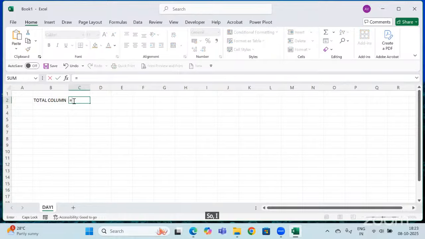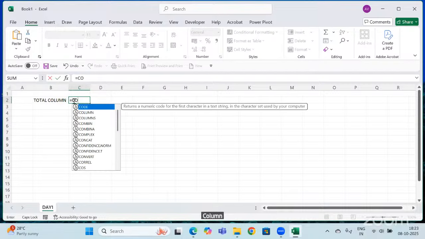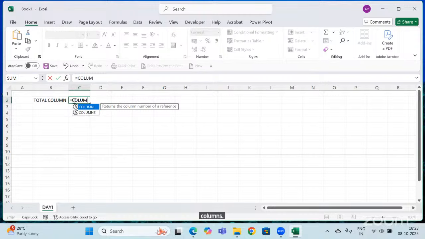So I will put the equal to sign, and I will call for COLUMNS. Now you have to provide the array. From which array will you select?